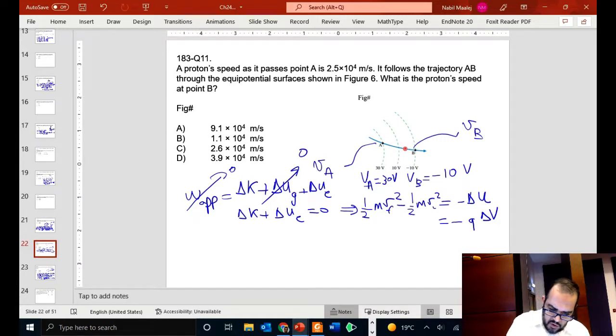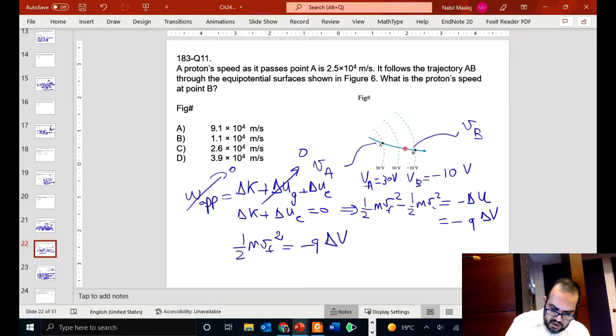Then we can solve for v final because we have everything. So 1/2 m v final squared is equal to minus Q delta V,